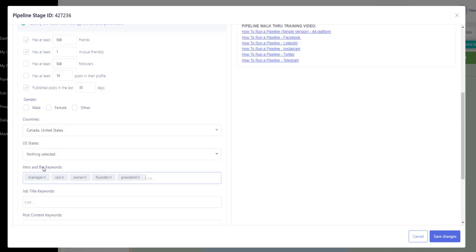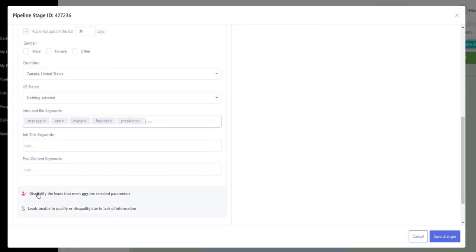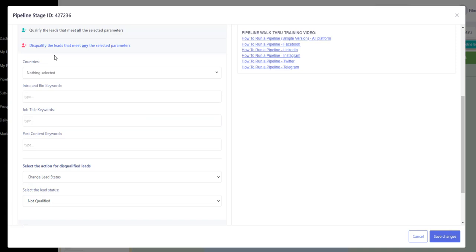Once you finish filling out what makes a qualified lead, scroll down and click the disqualified parameters area. You can put in the parameters here for what makes a lead disqualified. Remember that any lead that does not match the qualified parameters will become a disqualified lead. So only put in here specific things that will make a lead disqualified. For example, if you are a marketing agency and you want to disqualify a lead that is revolved around the marketing industry, in the intro and bios keyword, I would suggest putting the different variations of marketing that might be